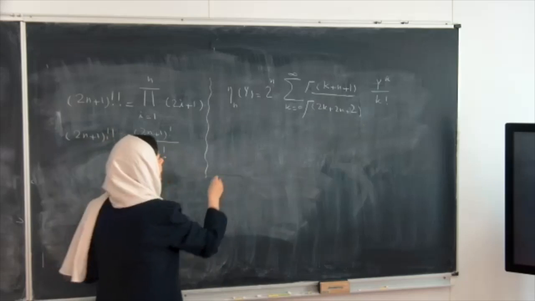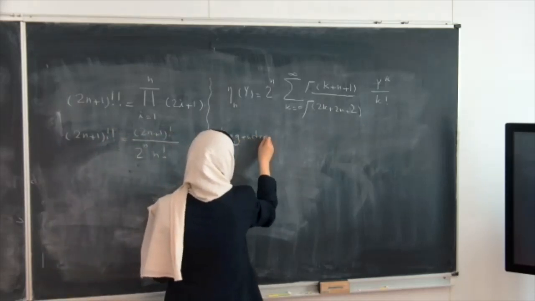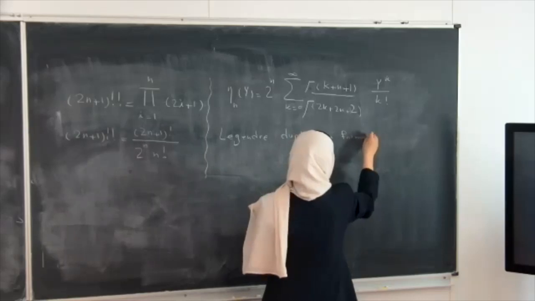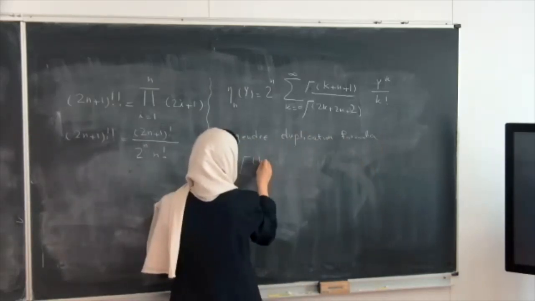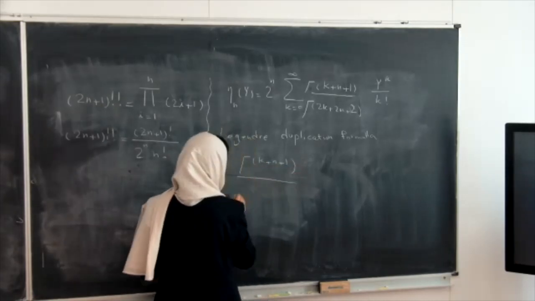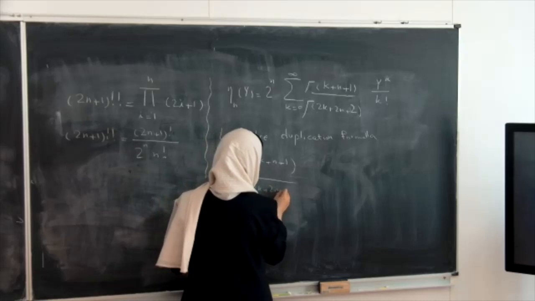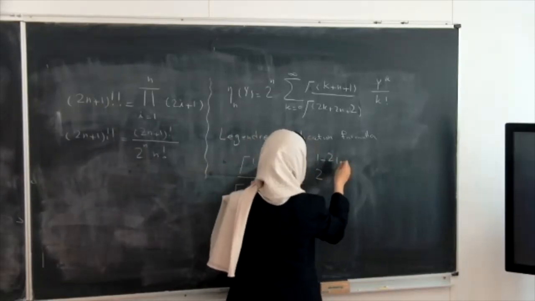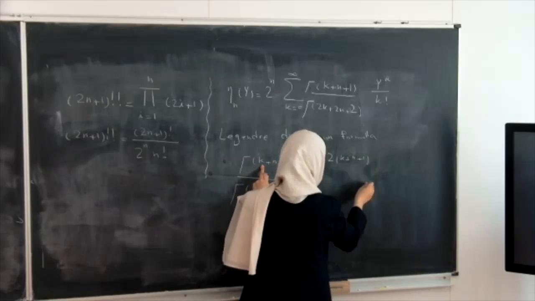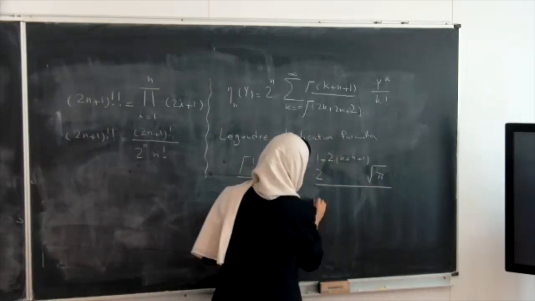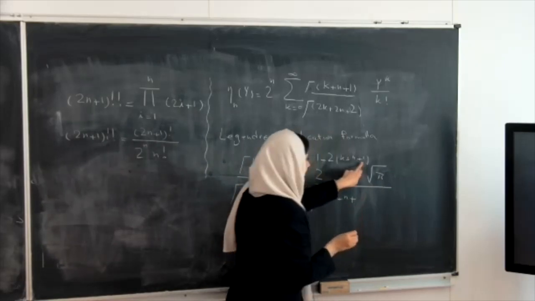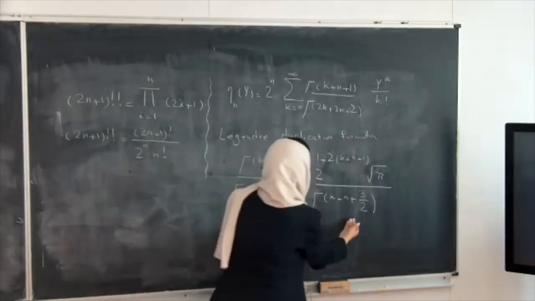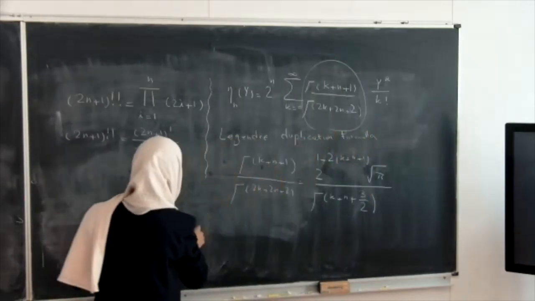And by using the Legendre duplication formula, we have gamma k plus n plus 1 divided by gamma 2k plus 2n plus 2 is equal to 1 minus 2k plus n plus 1 square root of p divided by gamma k plus n plus 1 plus half. So we have, by substituting this instead of this term, we can find